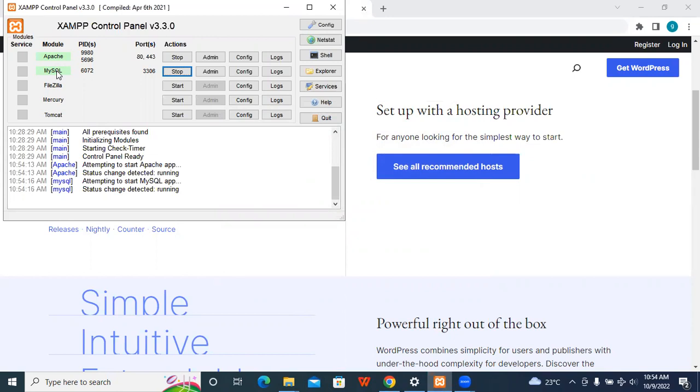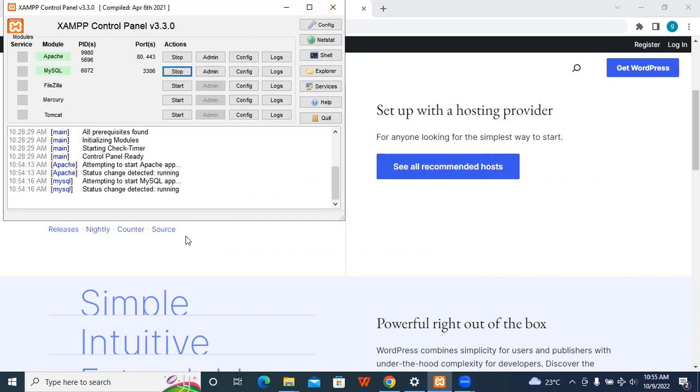If they are not on, it then means that you cannot build database-driven websites. Though you're able to build things like HTML, CSS, JavaScript, like a Bootstrap website, but you won't be able to build anything that has to do with a database. Because for a database-driven website, you need a server, you need a database system, right? So, since WordPress is a database-driven CMS, content management system, then I have to make